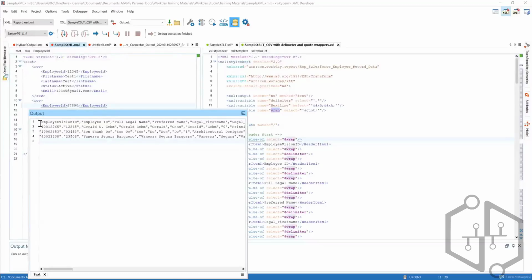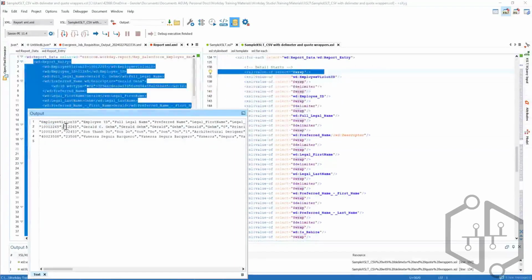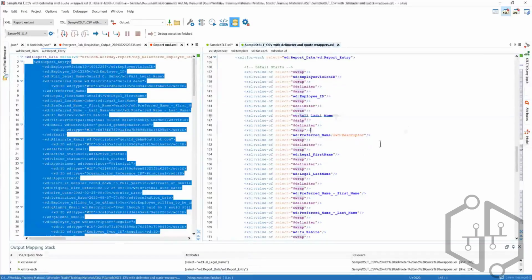See the employee ID, the legal name, you have them wrapped in double quotes with a comma, then again wrapped in double quotes, the field data, comma. Okay, so how we are doing this is,